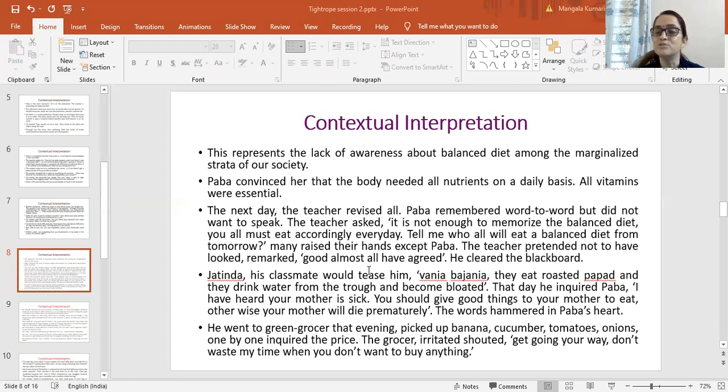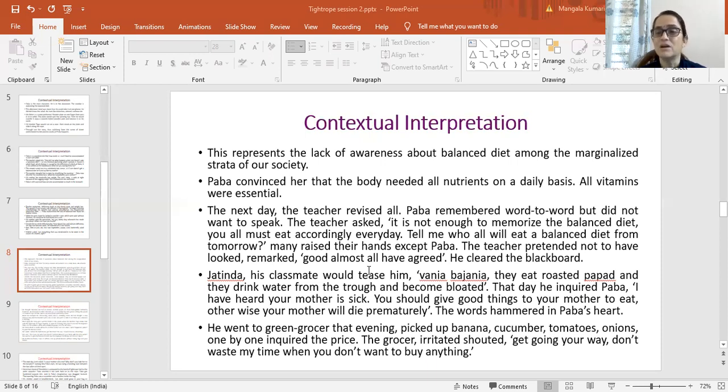Okay, Jatinda tells Baba, I have heard that your mother is sick. You should give good things to her, otherwise she will die prematurely, before her age. The words hammered Baba's heart, right? And he went straight away to the greengrocer in the evening, picked up a banana, cucumber, tomatoes, onions, one by one, and inquired the price. The greengrocer also knows